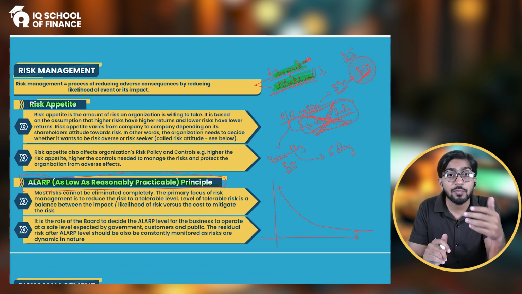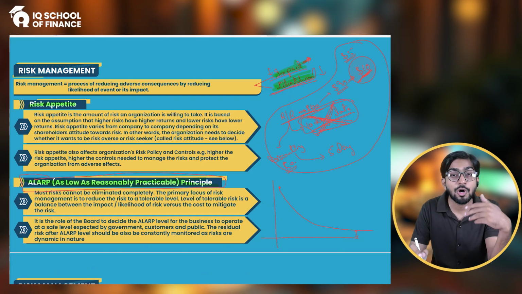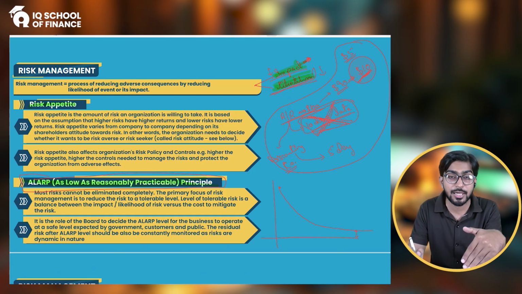That doesn't mean that you will stay at home and not go anywhere, and not drive the car, or ride the bicycle or motorcycle. That is what the ALARP principle is saying, that you should minimize the risk to the low level as is practicable. And you know, practicality also includes the cost which you are paying. This is the practicality aspect: if your cost of reducing the risk is more than the impact of the risk, then it is by no means a wise decision to incur such a high cost, because you are incurring a cost with a higher impact than the risk itself.